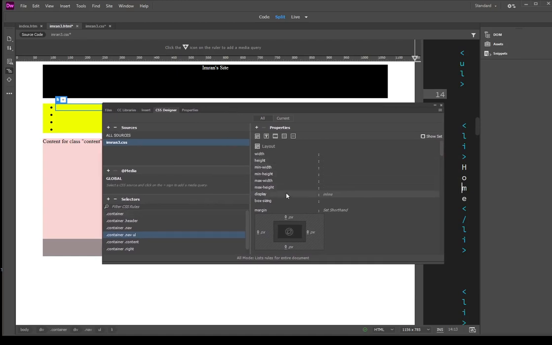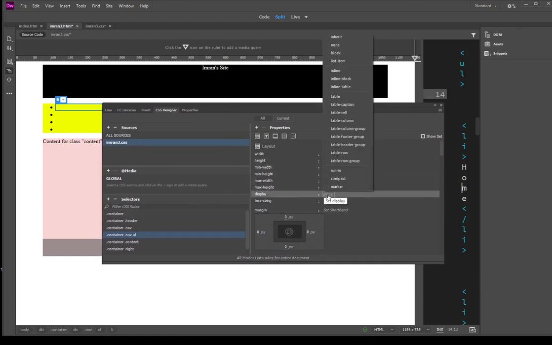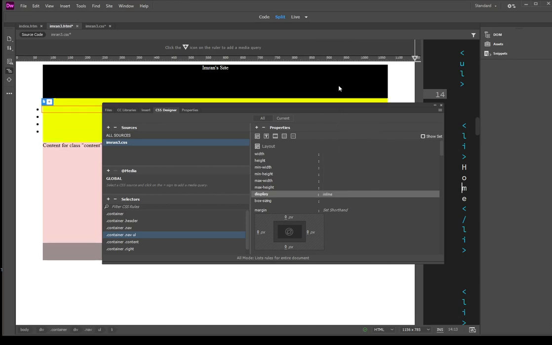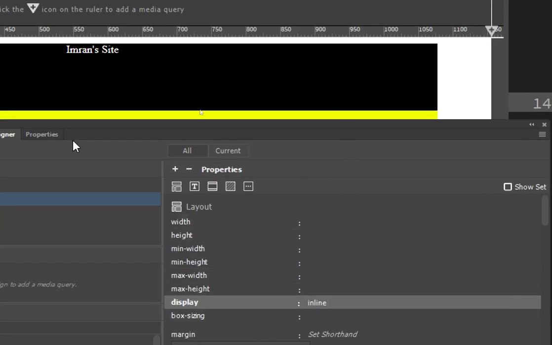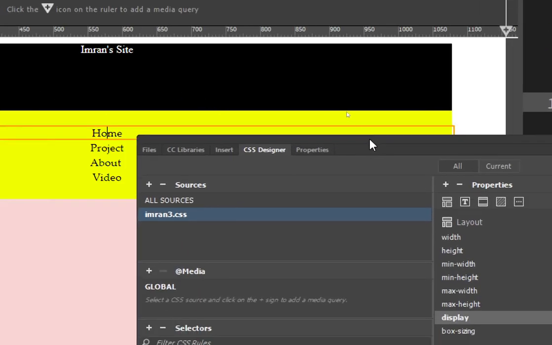Then you look for the display. Display you change to inline. Okay, so once you do that, display inline, you see that